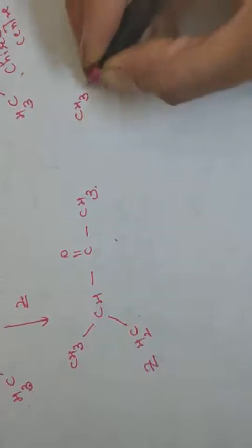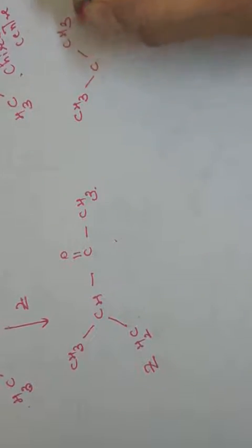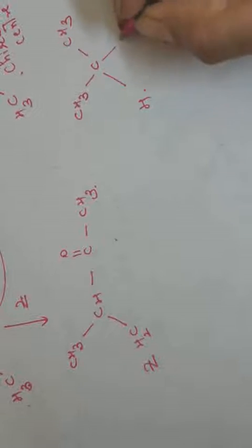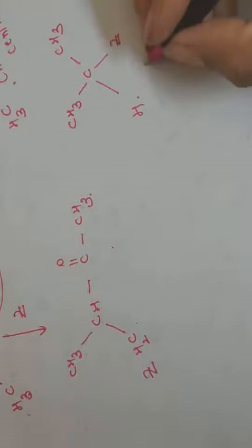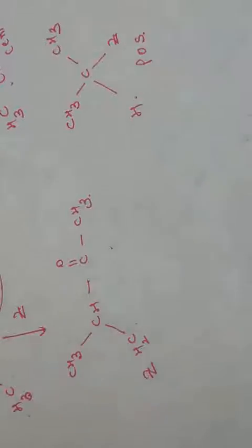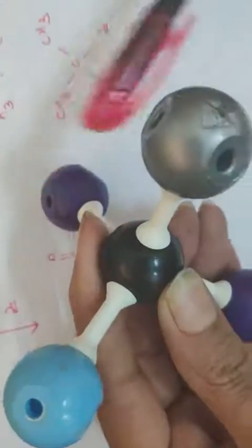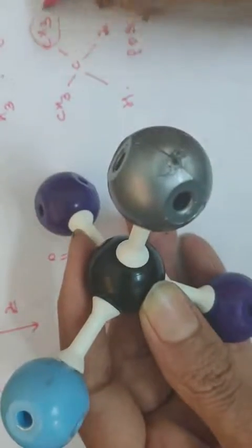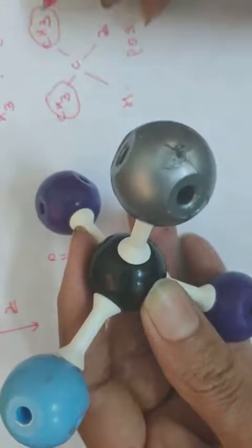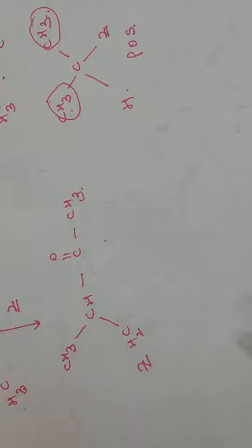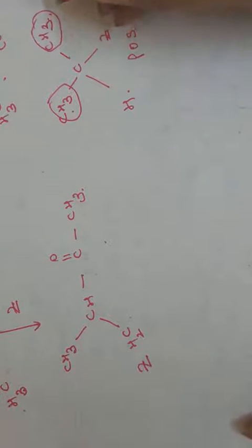We have seen these examples, CCH3, one group is H, let us suppose this group we call Z. So there is a plane of symmetry present in the molecule. Do you remember the plane of symmetry? It will be present from here. This plane of symmetry divides this into two equal halves. So this methyl group and this methyl group are reflected by the plane of symmetry. Since these two methyl groups are reflected by the plane of symmetry, these are enantiotopic protons.